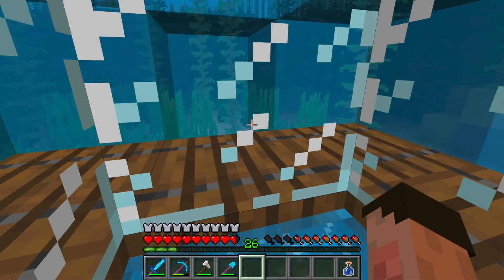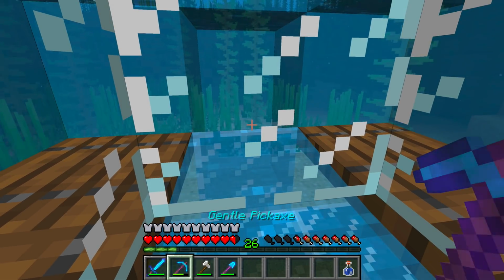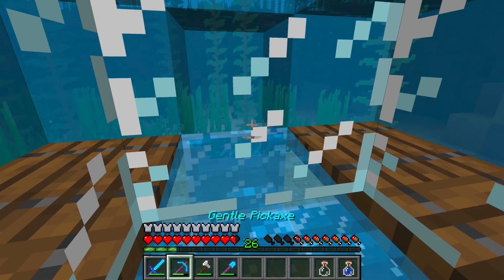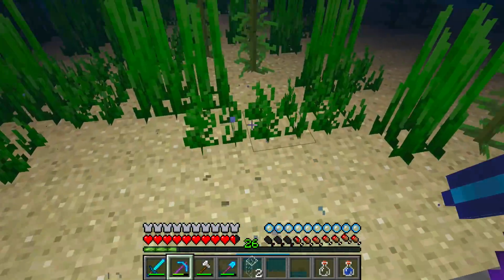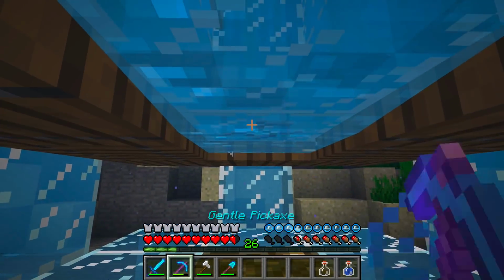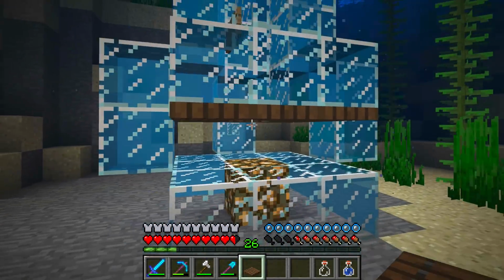I'm sure that's the way it works. Right, so then what I want to do, if I take away, right, I've got to work this out really carefully. If I take that away, I then, hang on, have I got another water breathing potion? I've not got a night one though. If I drink that, that means I can, if I get that there, and that there, then what I've got to do, I've got to do that, and then that. Then I need to get that like that. So that then can't cause...